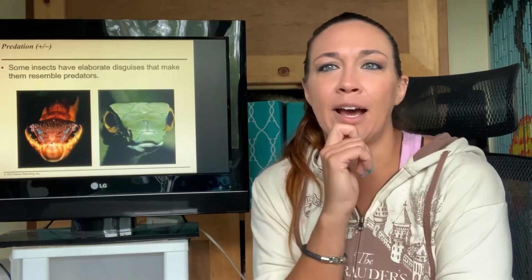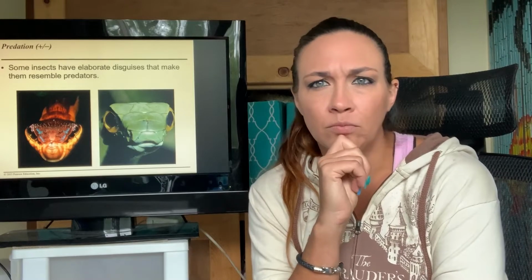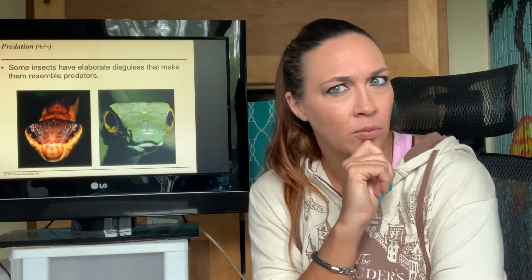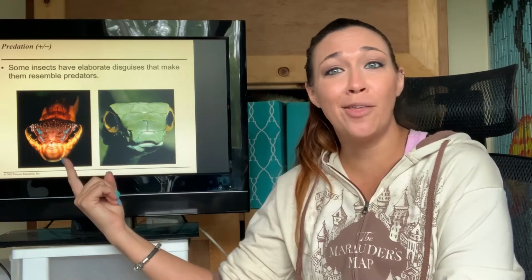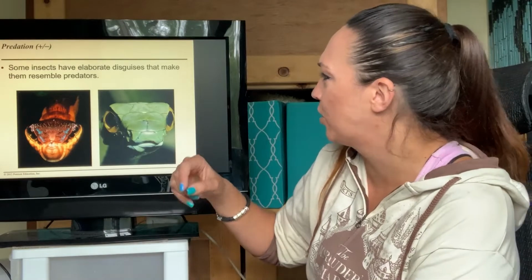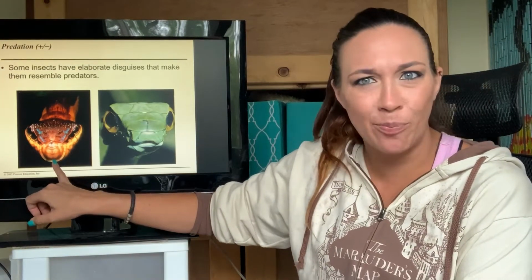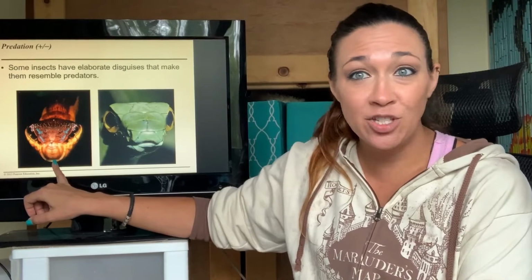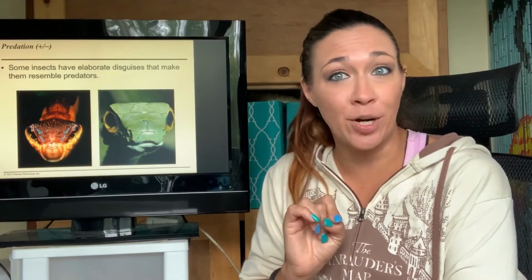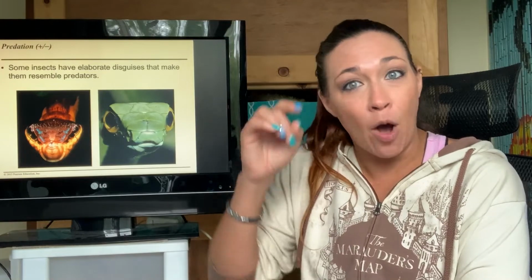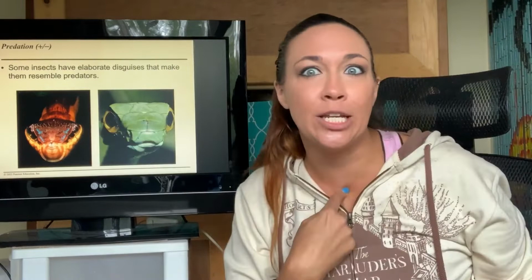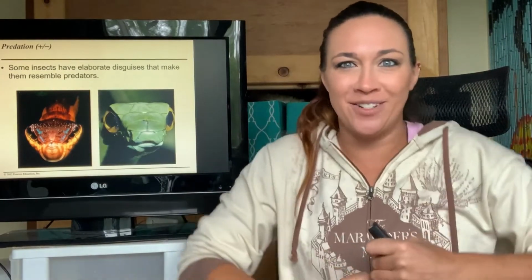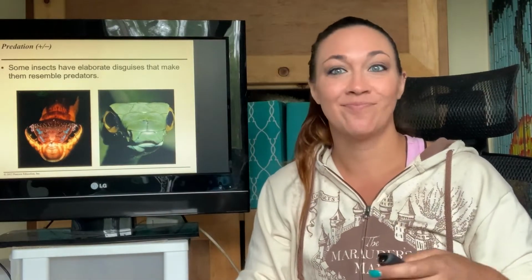Here's a fun one that I usually like to ask my class. Which one's the snake? Are they both a snake? Well, that's a snake. That is a moth larvae or a caterpillar larvae. It's one of the two. Yeah, this is essentially like a caterpillar. It's not going to be hurting anybody. It's certainly not a snake, but if you're a little bird and you're looking for a caterpillar and out from under a leaf come those big eyes, right? You're going to be like, whoa, that's a snake that could eat me. I'm going to take off. Meanwhile, the caterpillar's like, ha ha ha. You could have eaten me, but you didn't because I'm mimicking a snake. I know. Crazy.